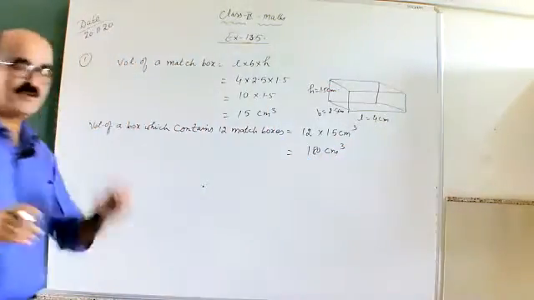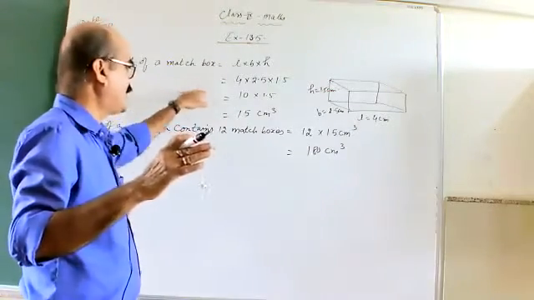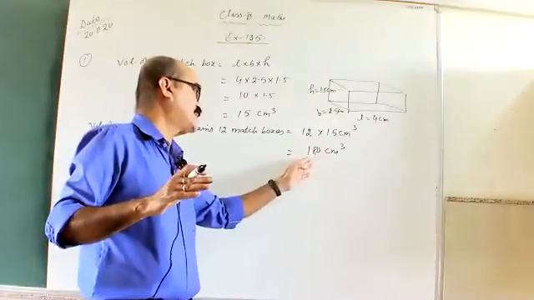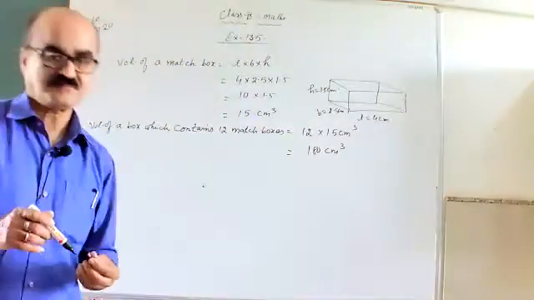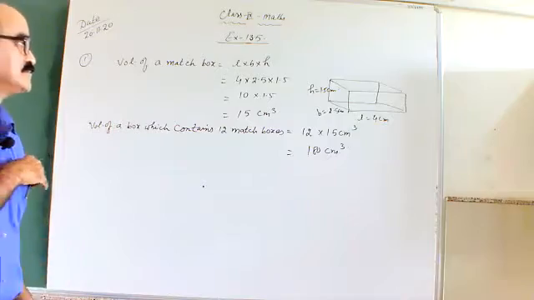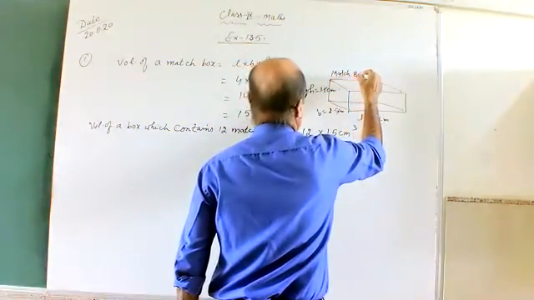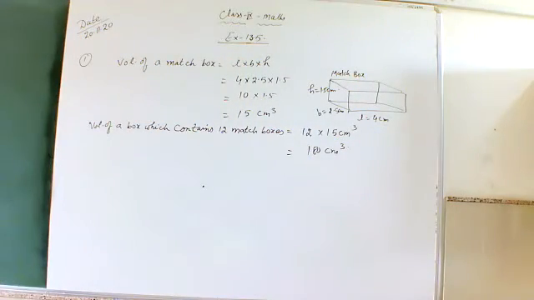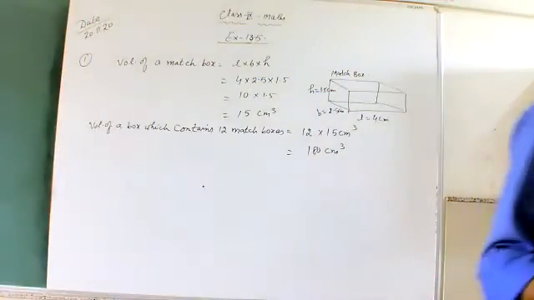Is that okay? When these small match boxes are put in a big box, 12 pieces, the volume of one piece is 15 centimeter cube. So the volume of 12 match boxes will be equal to 12 into 15 centimeter cube, which is 180 centimeter cube. Is that clear? This is one match box. Now, the next question is,